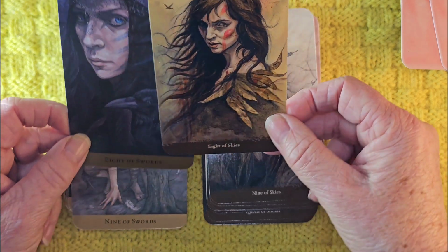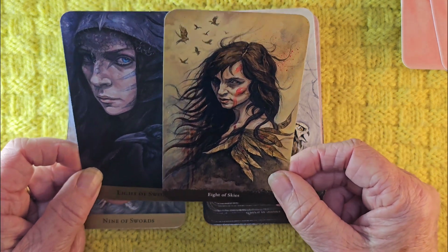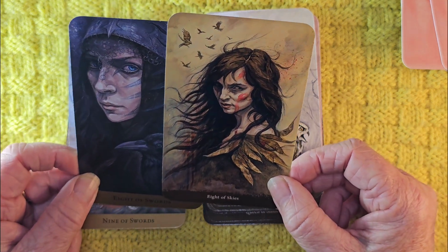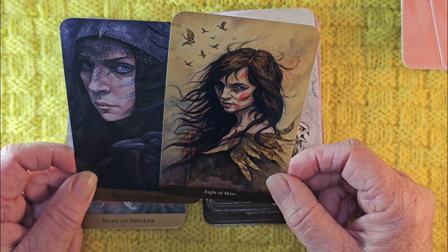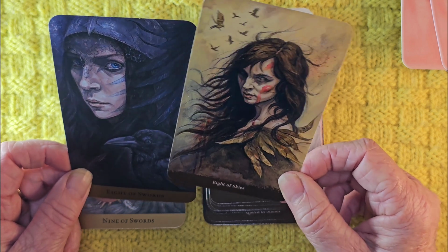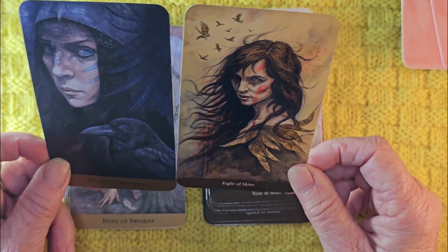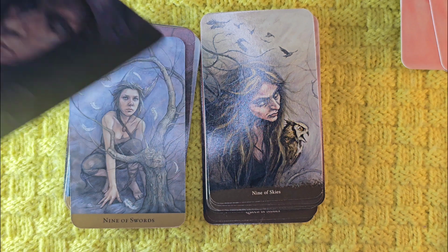Yeah, so they've both got the same sort of pose, bring them in, same sort of pose, but this time, this one's more zoomed in than this one. The crow in that. Okay,